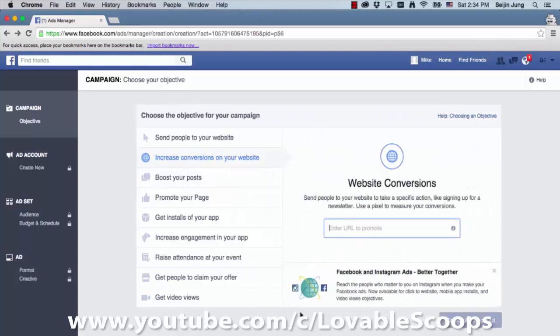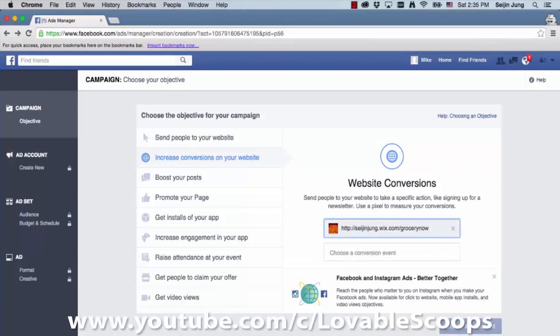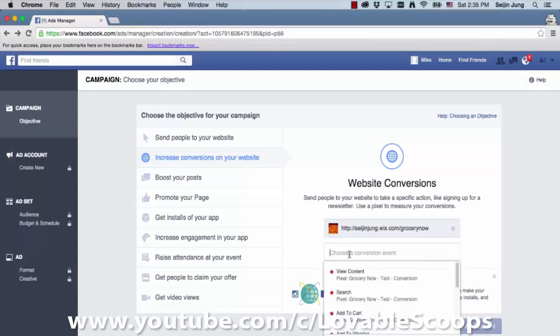So we're gonna move on to actually create a new campaign here, and again, you gotta type in your own website address here on this small window. And for this exercise, we're gonna use the Grocery Now website again. So I'm gonna type in my Grocery Now web address, and if you click on your address, below your address